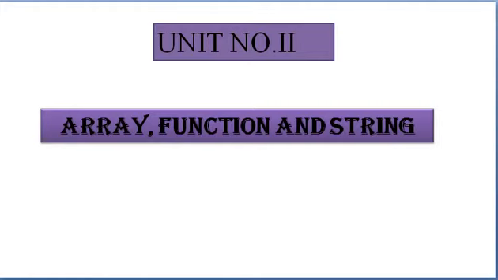The next point we discussed in the previous lecture is finding a Unicode of a character. In that we learned two methods, that is the charCodeAt method and the fromCharCode method. The charCodeAt method returns the Unicode value of a character at a specified position, and the fromCharCode method converts a given Unicode number into a character. This is all about our previous lecture's points.